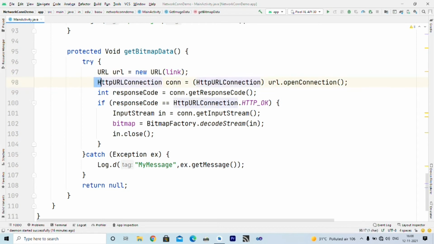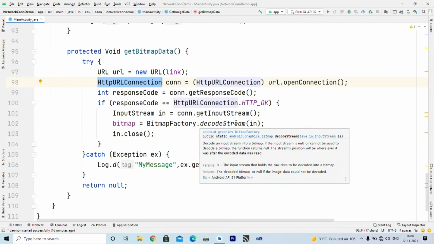Next I create an object of type HttpURLConnection using the open connection method. Basically, open connection will establish a connection with the URL represented by these links. So when I write URL.openConnection, it actually establishes a connection with that URL and returns an HttpURLConnection object.